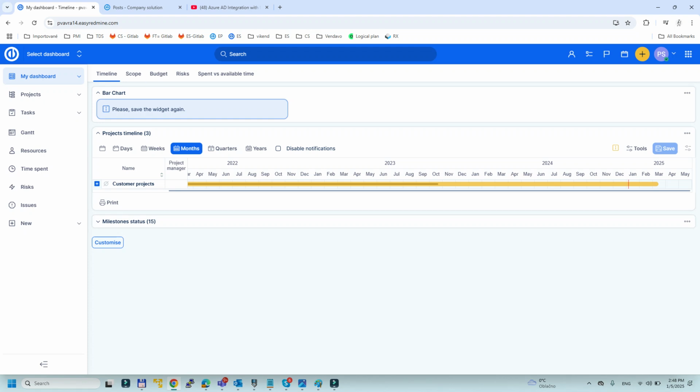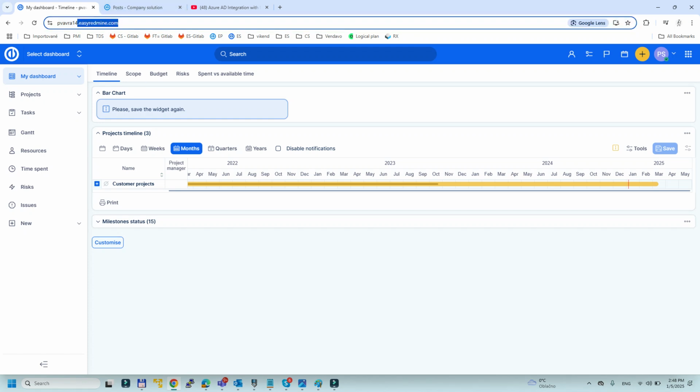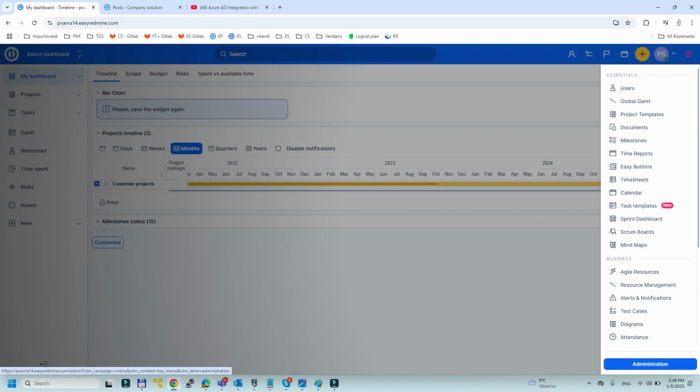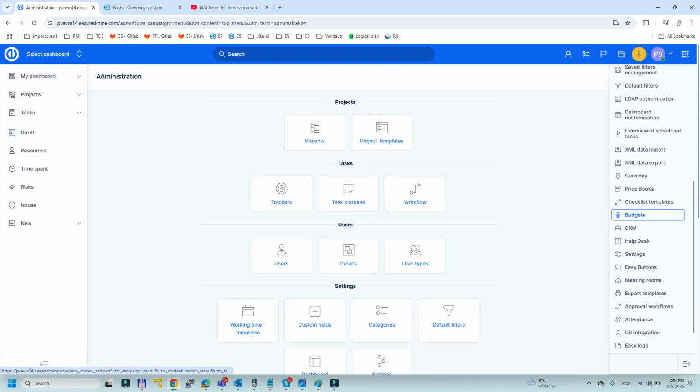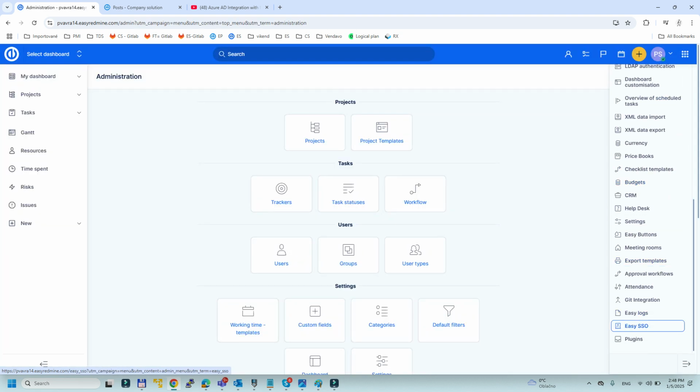how to authenticate to the Easyredmine application through the SSO via Azure AD, and then we will use the SAML protocol for it. So how to do that? If you are in the Easyredmine and you are, let's say, administrator, you can go to administration, and on the right side there is a section called Easy SSO,